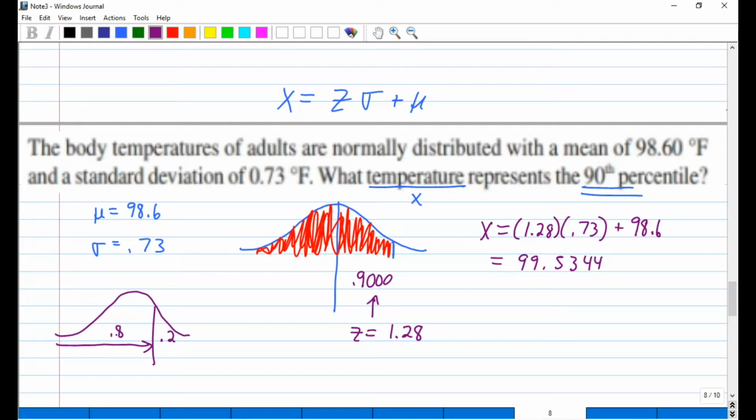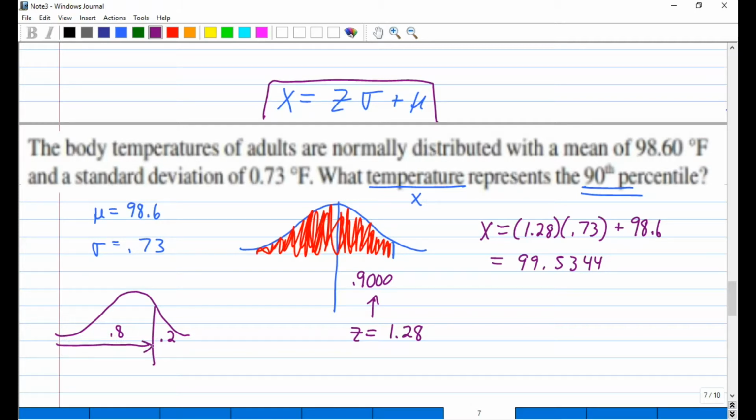So remember, these aren't z-scores, though. If you're getting percentages in the problem, they're not z-scores. They are probabilities. And so if they're giving us those values, we're looking for x values. So if we're looking for x values, we have to use this formula here. And remember, the way that our tables work is that the tables are going to show areas cumulative